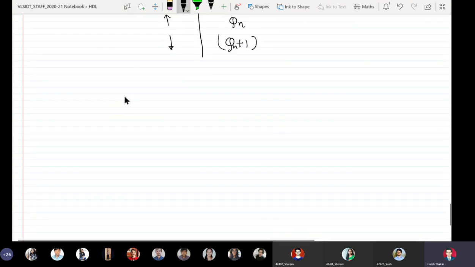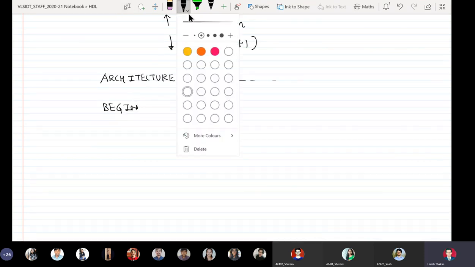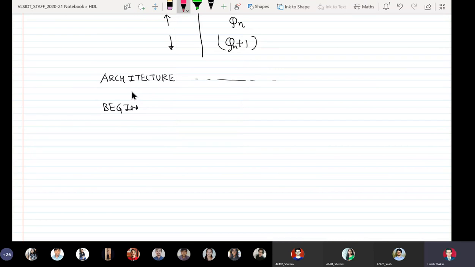So how do I write it? I will write it like this. I will say architecture, and I'll not explain it now, but I'll have to define one more signal called a dummy signal here. I will show you when we start learning counters.